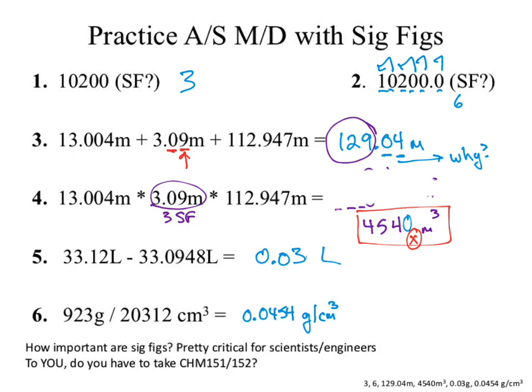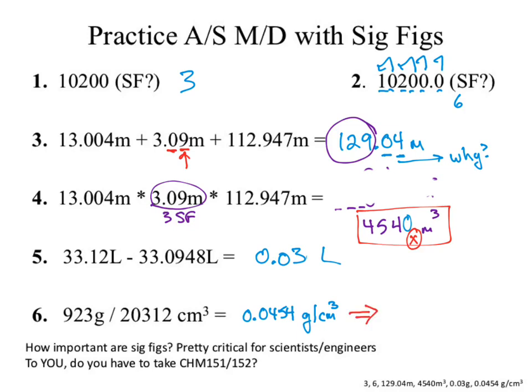We gained sig figs. So addition, not as big a deal because we actually increase information, or the amount of information. Subtraction, we can lose it. So subtraction becomes a big deal to make sure that we're subtracting large differences. Okay? And 6, when we go through, in theory I did the calculation right, 0.454 grams per centimeter cubed. Questions about those? No. Okay, I do want to point out one thing with that last one.